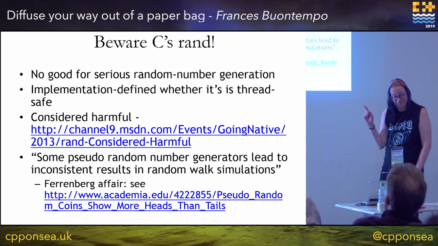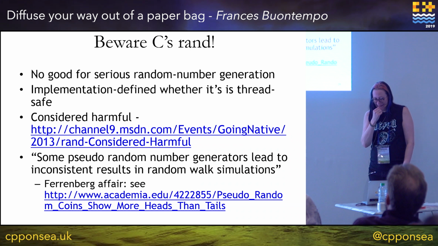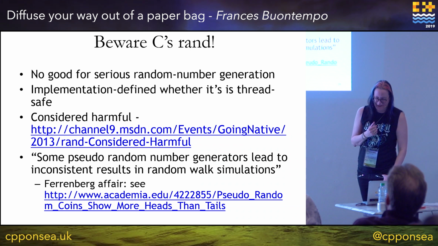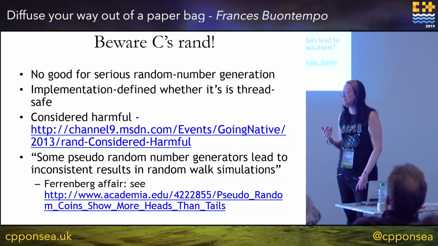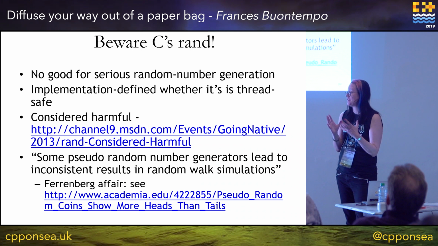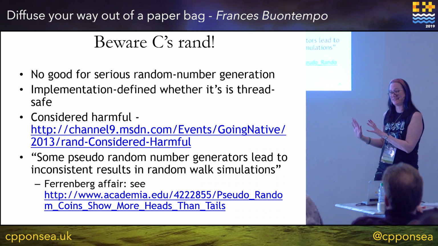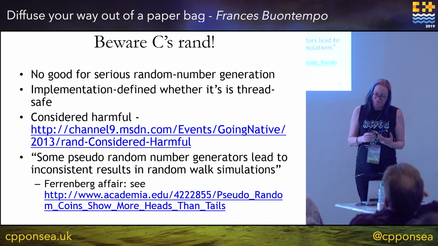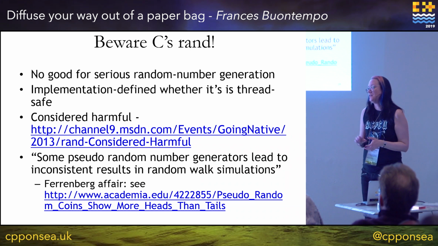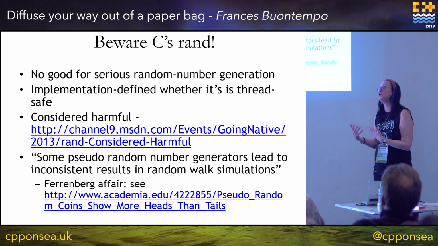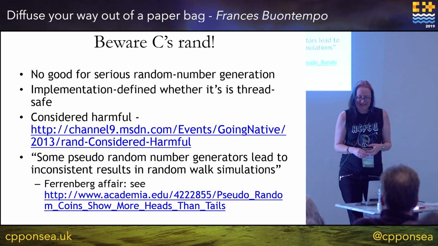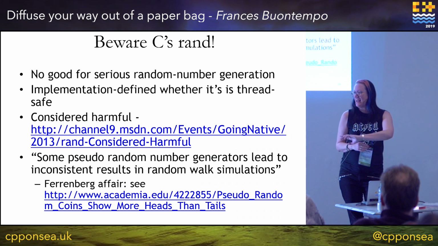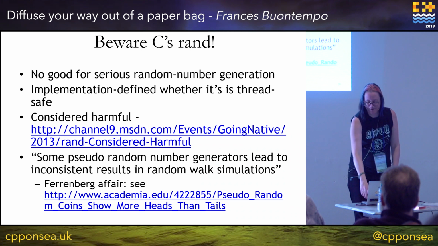Seriously, C's rand is not good for serious random number generation. Of course, even C++11's random numbers are really cool and useful for the kind of thing we're doing today. If you want some hardcore crypto stuff, they're not, but that's another topic. It might not be thread safe. I'm not going to do any threading code today, but you could with some Monte Carlo simulations, so be aware of that. And yeah, there's the history of things that have gone horribly wrong.